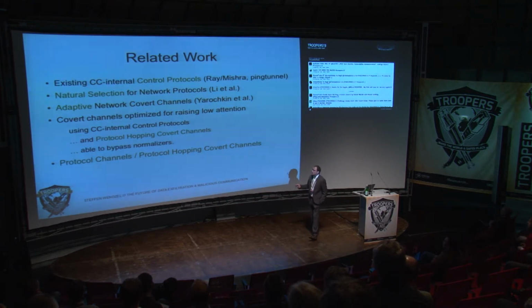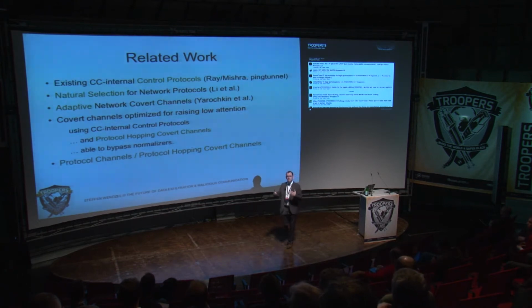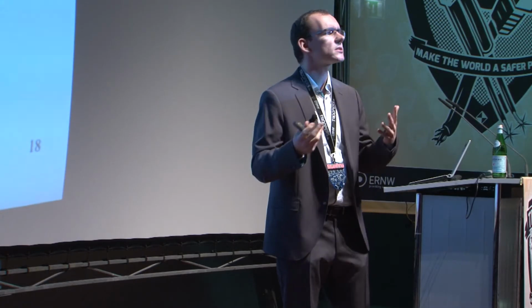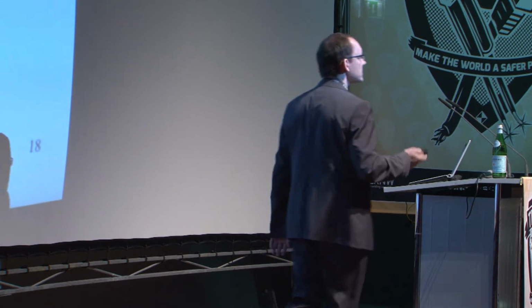My research focus was on protocol hopping covert channels. Protocol hopping covert channels switch their protocol transparently for the user. You do not notice it. I did that already in 2007. So you have many network protocols, and some of them will arrive. So even if you block a subset of it, there's still a remaining set you can use for the communication. They have an internal sequence number, so if some packets got lost or got blocked, your message will be received nevertheless.